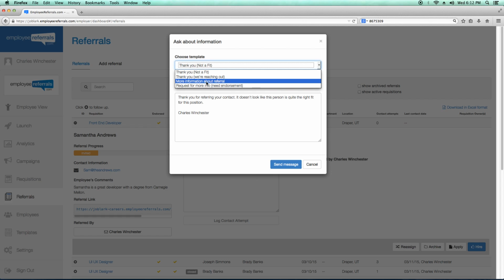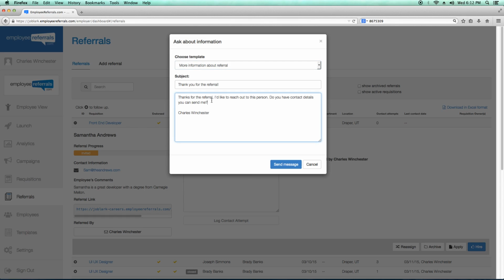All of these templates will populate a message that you can then further alter. Obviously, you can also delete the entire message and start from scratch. But let's say, for example, you are missing a phone number, you could simply ask the employee to send that to you. You will be paying them a reward. They're usually very, very willing to help you along the way. And when you get ready to close that candidate, if you have someone else in your corner, you're going to